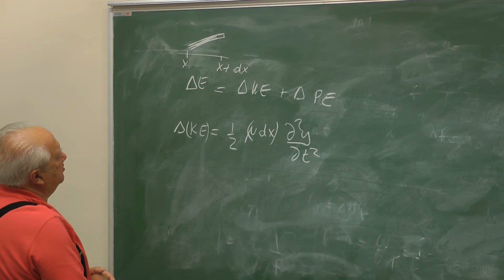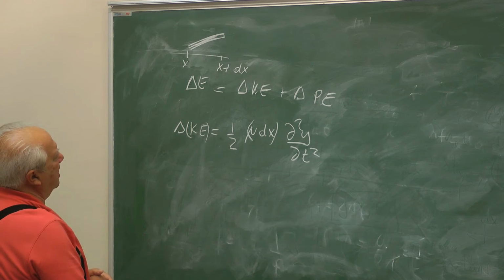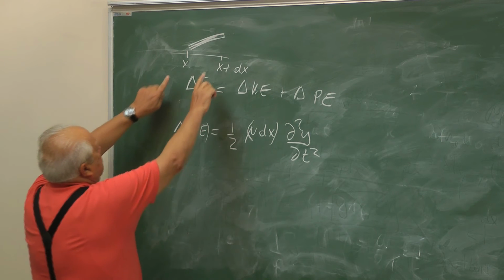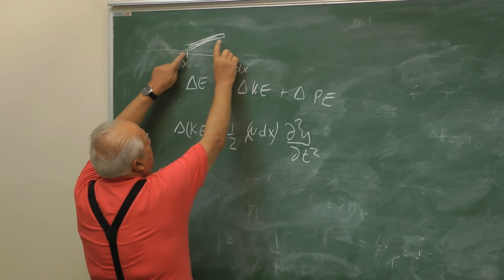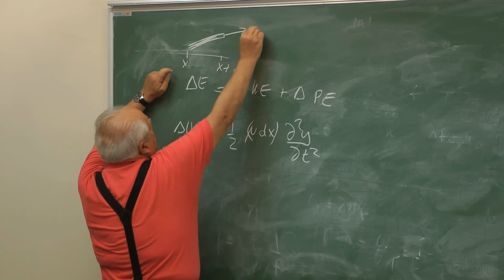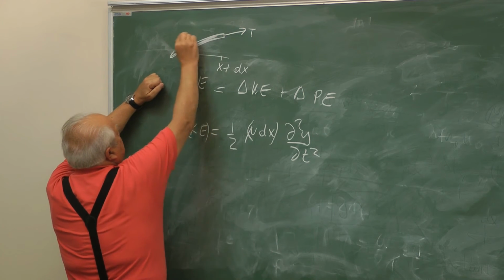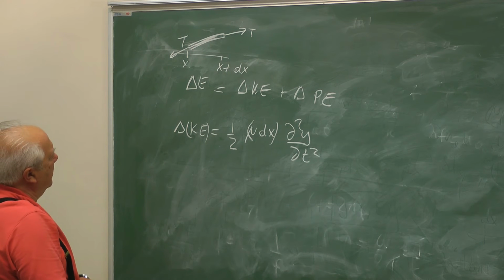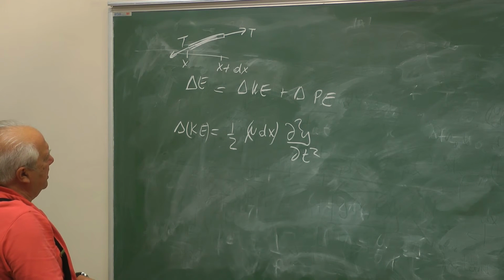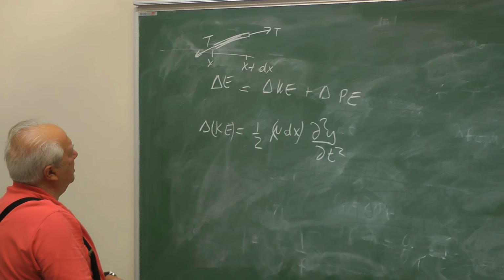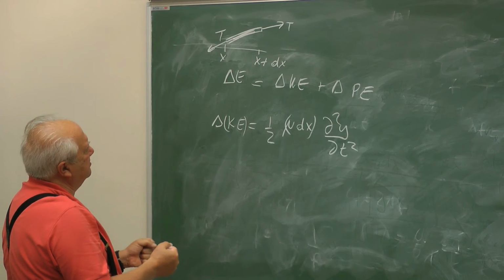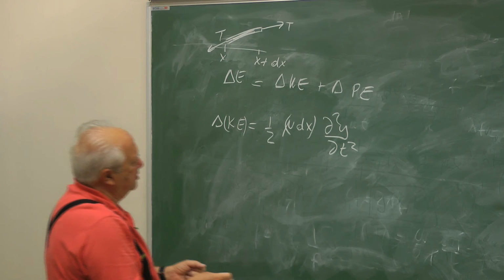Now, what about the potential energy? This piece of string is being pulled by tension, which we assume to be constant for small displacements. And, for example,